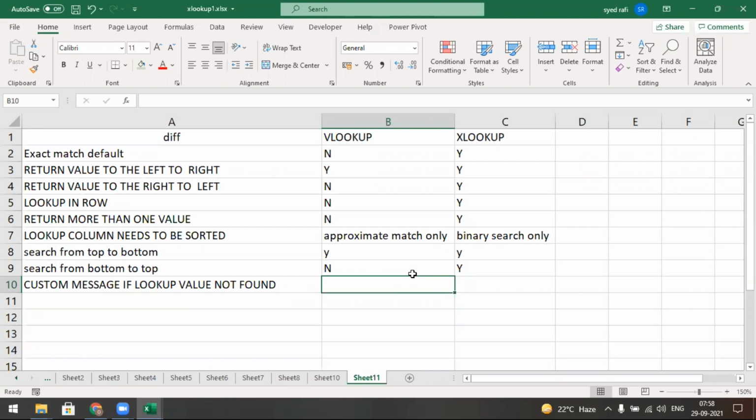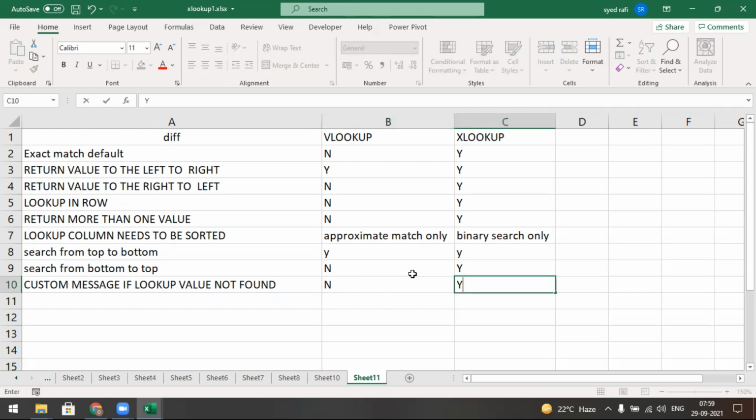In VLOOKUP, there is no argument for a message if the record is not found, so it can't be given directly, but we can depend on the IFERROR function. But in XLOOKUP, it is possible: if_not_found is one of the arguments. I hope you can understand.